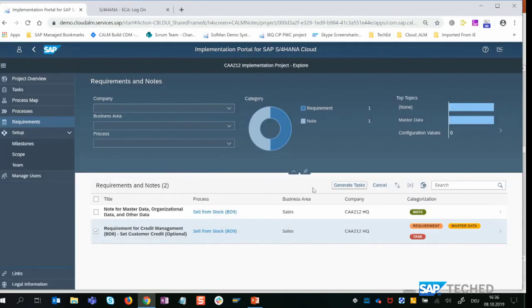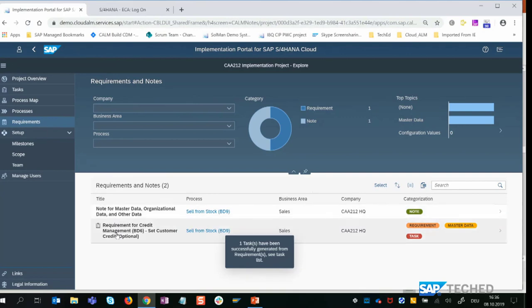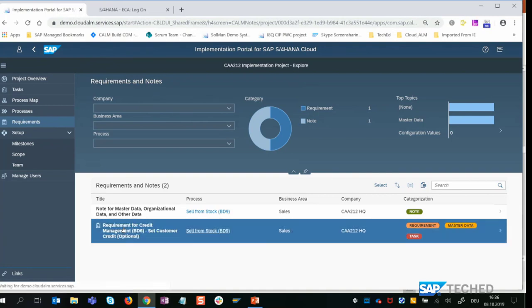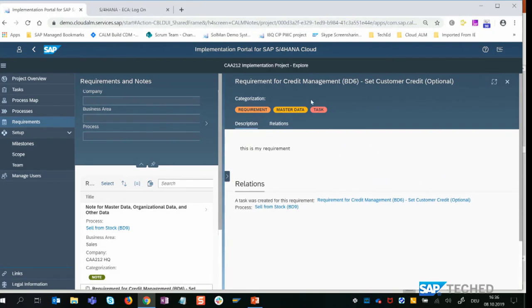We confirm that, and we see here this tiny little icon. It says that this requirement or note has been turned into a task. And when we now go into the details, we see that it's no longer editable. So make sure that the specification of the requirement before you turn it into a task is final.